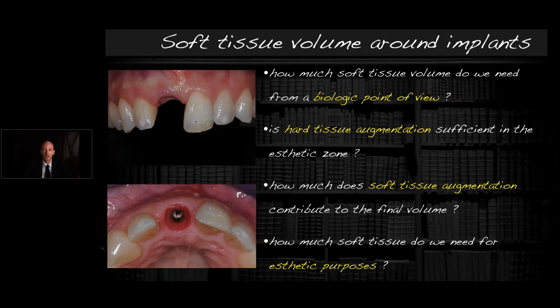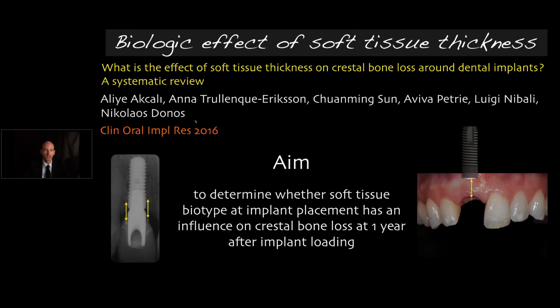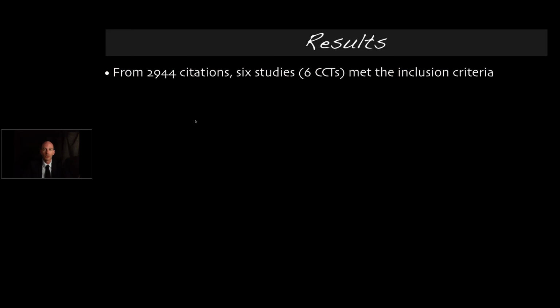So we start with the biologic aspect. We're going to look at the systematic review by Akjali and a group of Nikos. The aim was to determine whether soft tissue biotype at implant placement has an influence on crestal bone loss at 1 year after implant loading. Well, they included quite a lot of publications, but finally in the systematic review they included 6 studies, all